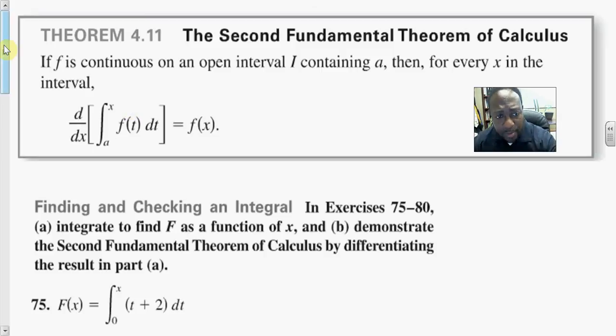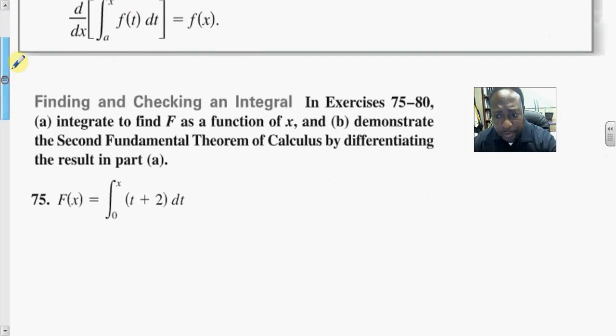Let's look at some problems. I think it's very straightforward. Here in this exercise 75, integrate to find capital F as a function of x. And then part B, demonstrate the second fundamental theorem of calculus by differentiating the result in part A. So here, just find capital F. That is, just integrate. So we integrate here, we get